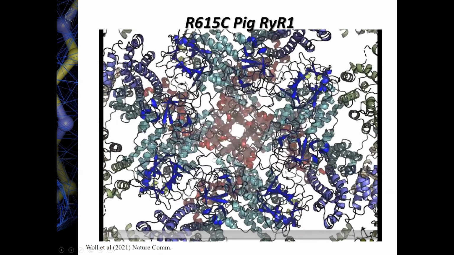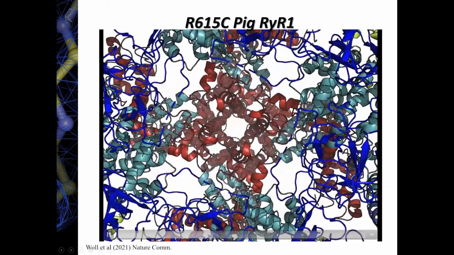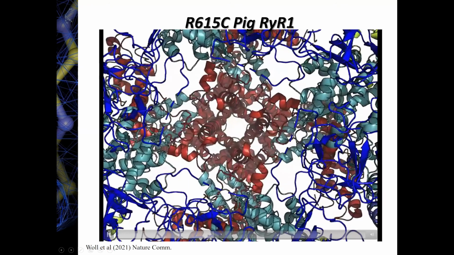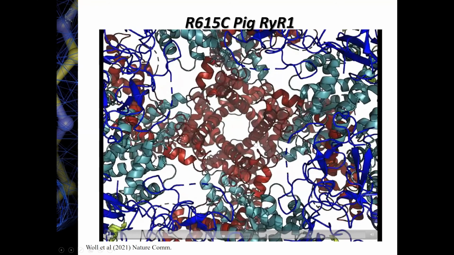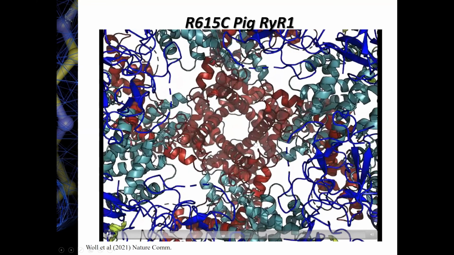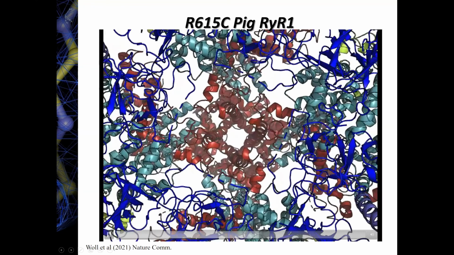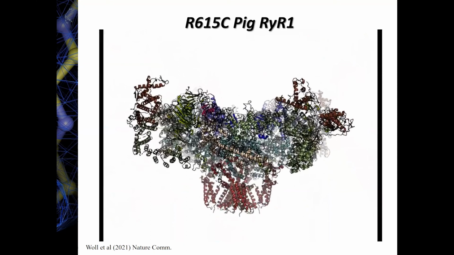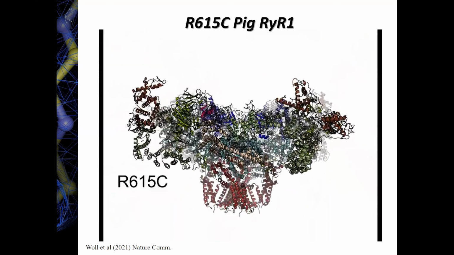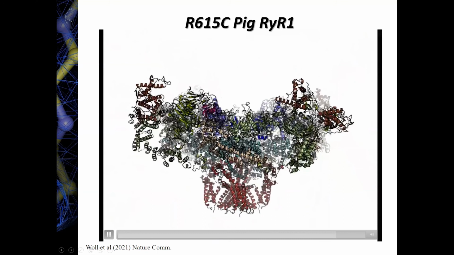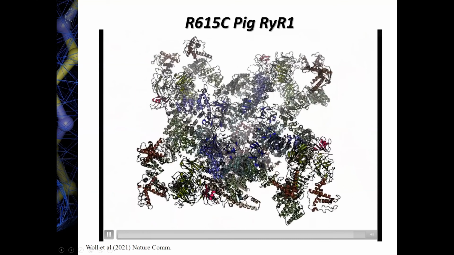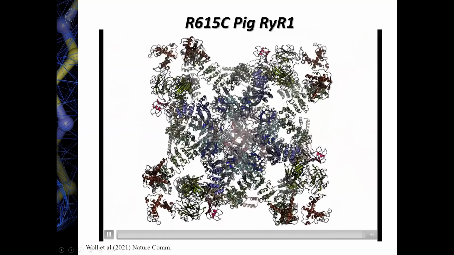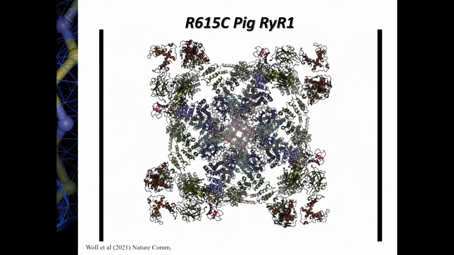And actually, if we zoom in here to the transmembrane region, you see that the pore forming region, which is shown in red, is actually getting wider. And in fact, the disease mutant is in an open state. So the mutation under these conditions used triggers opening of the Ryanodine receptor. And here's shown a side view where you can also see substantial conformational changes. Okay, so here we have a disease mutant that clearly affects the structure of the Ryanodine receptor, and under these conditions actually triggers an open state.